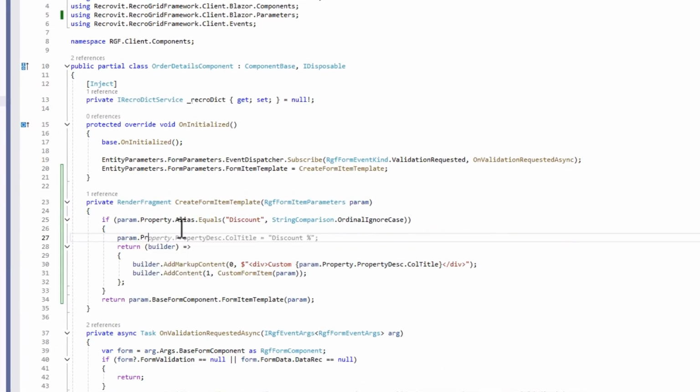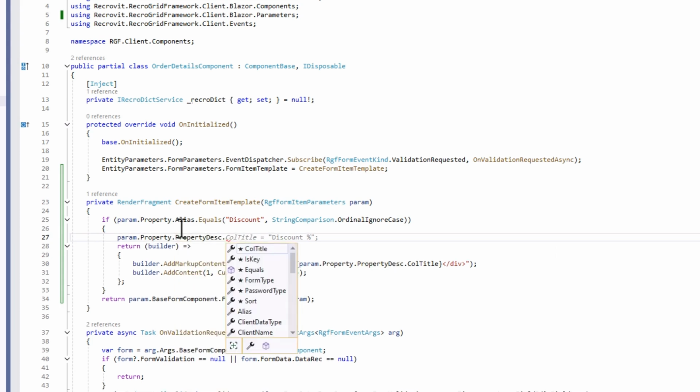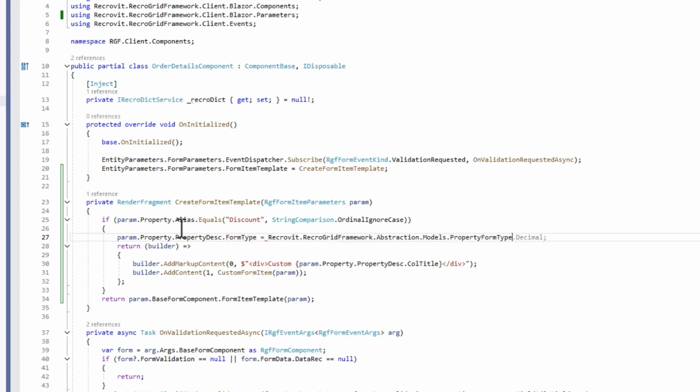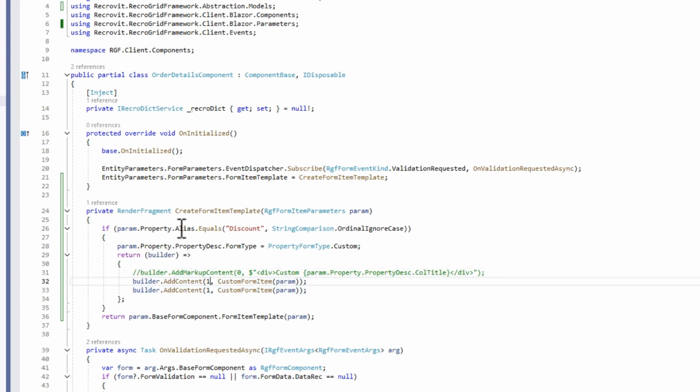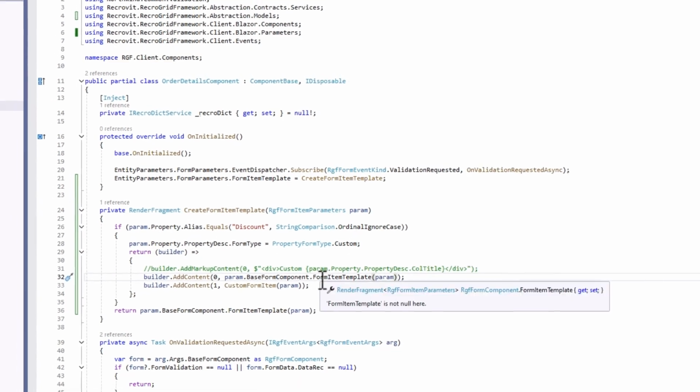To use the default label, I will specify that the form type is custom. Here, I will also call the default template. This will ensure that only the label is displayed.